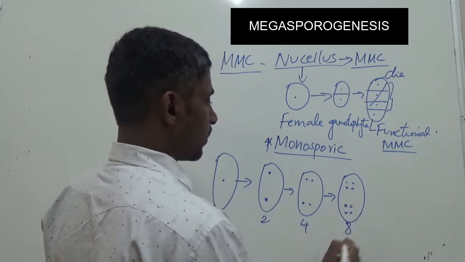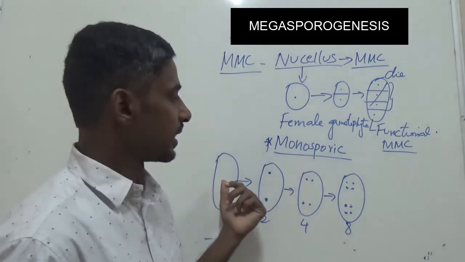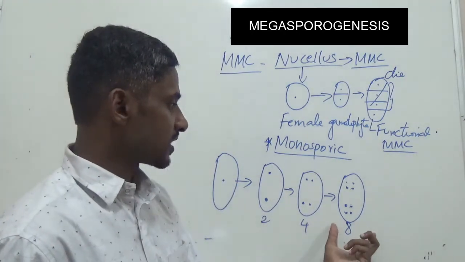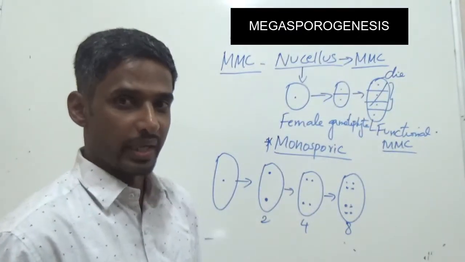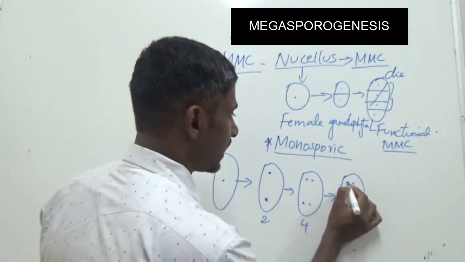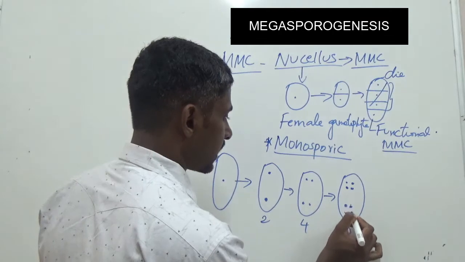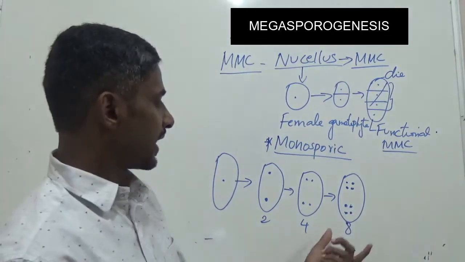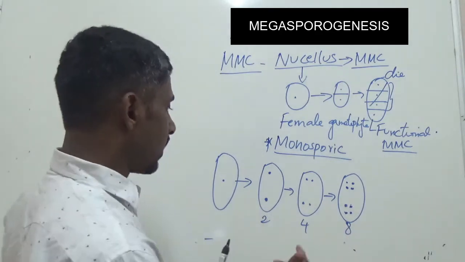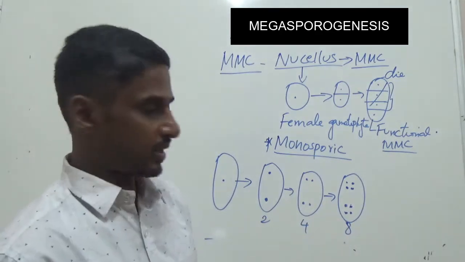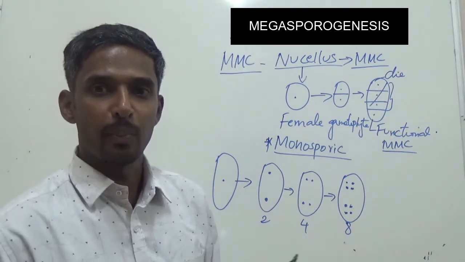So at the end of the process we have one megaspore and 8 nuclei, and these nuclei are not covered by cell wall. Okay, so now we have these 8 nuclei. Now this 8 nucleate structure will transform into